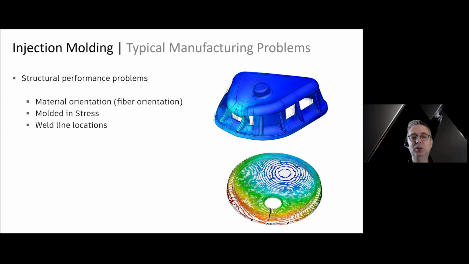Sometimes it has to do with the material properties, or the fiberglass that's in the material and its orientation, so the direction that it flowed as it filled. These end up potentially having structural problems for your part that would cause it to fail prematurely. And this is something that is for sure on our radar. We're not exploring that within Fusion injection molding at the moment, but that is definitely something we are looking to in the future.